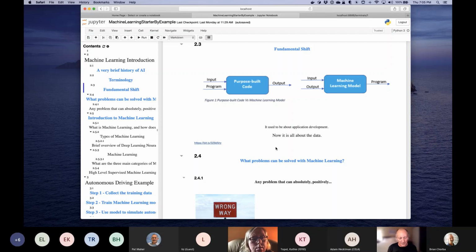However, with machine learning, it's very different. It sort of turns itself inside out. I still start with the same set of inputs, but now I'm going to collect the outputs that I'm expecting. And the focus becomes training the machine learning model, and that becomes the program. And so instead of focusing on writing a lot of code, really the focus shifts to collecting the right kinds of data to produce and to predict the outputs that you were looking to get.